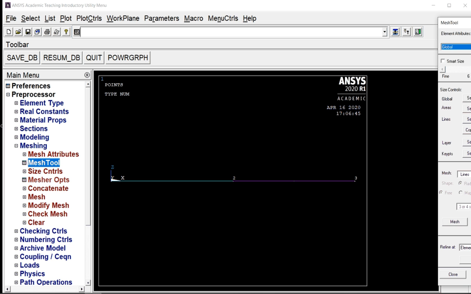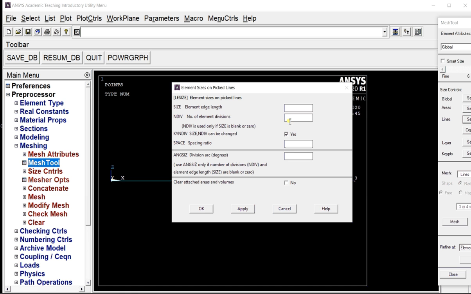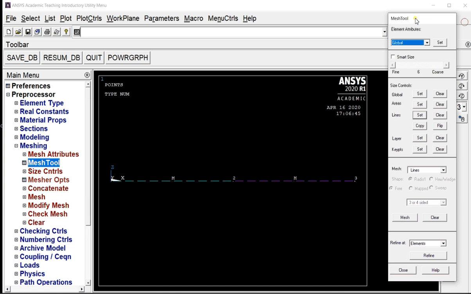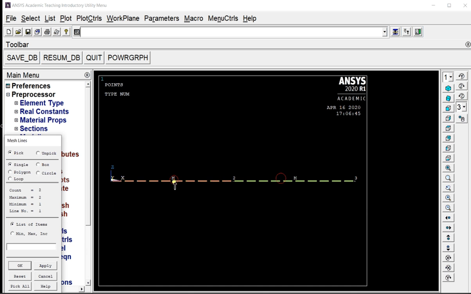Let us decide that we are using 10 parts of these two lines. So we are going for number of divisions as 10, say OK. Now again I am going back over here, and I am meshing the line using a simple mesh command here and here, say OK.